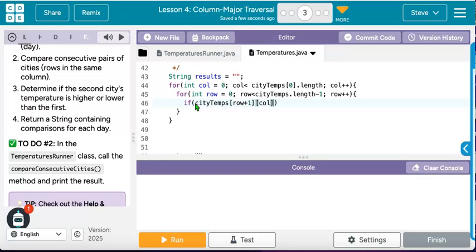That's the second city. If it's greater than the city temps at row and at column, if that's the case,